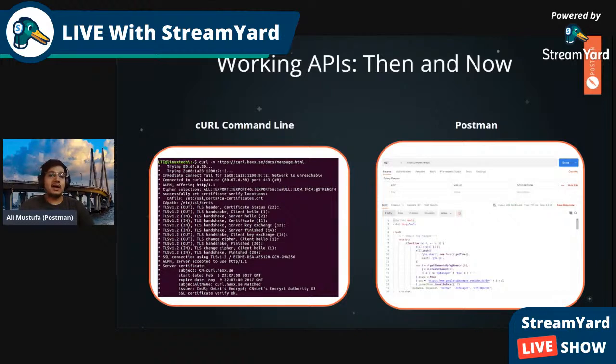We use Postman because it gives us a very simple UI and UX, which helps us send requests in an informative manner and decode the response, so that working with an API is not difficult, because your main focus is to build an application at the end of the day, not just learn the tool you're using. So we make it very simple to use APIs, to test APIs, and also to make your own API.